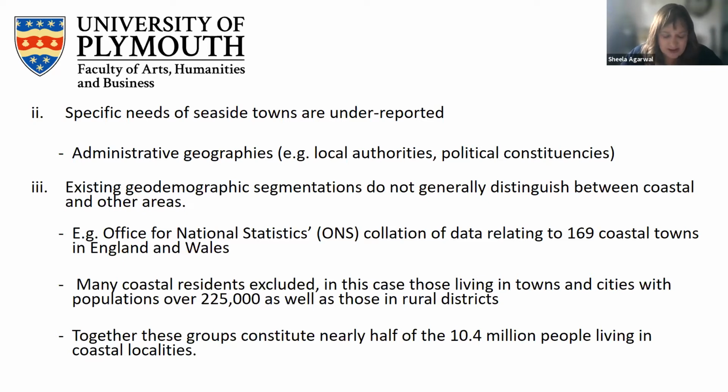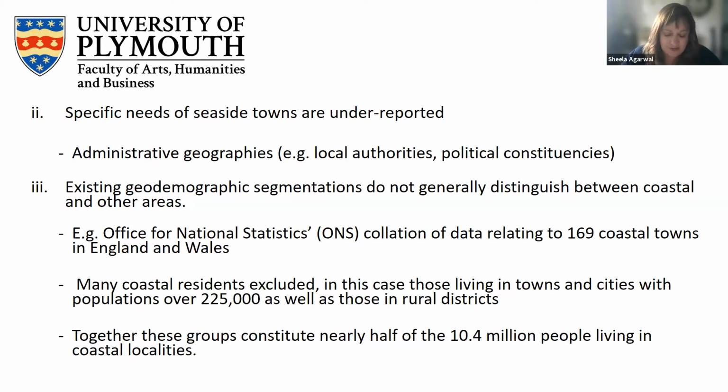A third reason is that we lack a classification for coastal areas, but we also lack distinct linked granular data as well. Existing geodemographic segmentations don't generally distinguish between coastal and other areas. For example, the ONS output area classification only identifies 2 coastal subgroups. And in doing so, while they may show similarities between coastal and non-coastal areas, they actually hide the diversity of